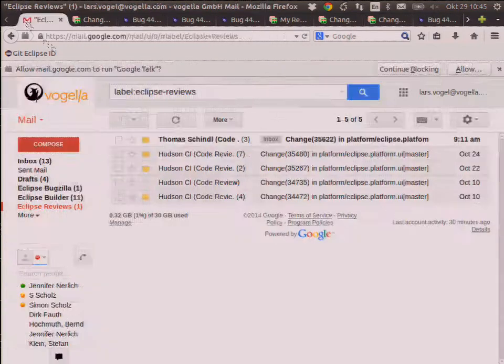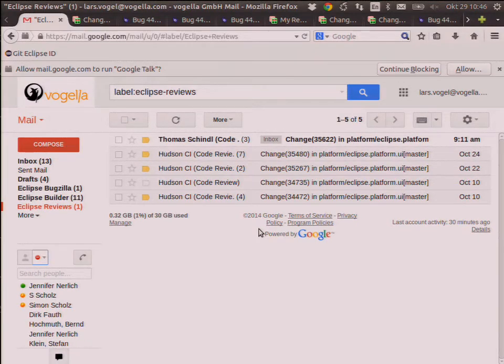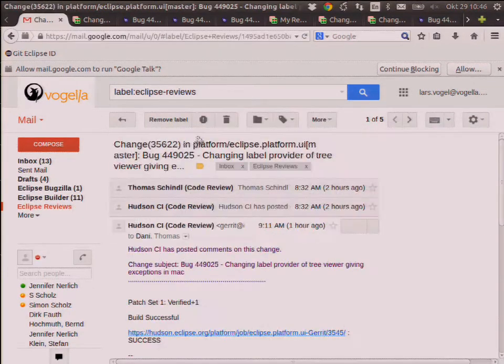This is my personal private email account, which we're looking at, and actually it's my company account. And I have an incoming flow of bug reports and Gerrit reviews. So I have a rule set so that it doesn't spill in my inbox. We see Tom Schindler is doing something. The Hudson build server tells me that something has been successfully built. I see new bug reports. Our builder is also building all the time. So let's say Tom did just very shortly that something.